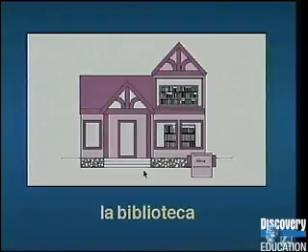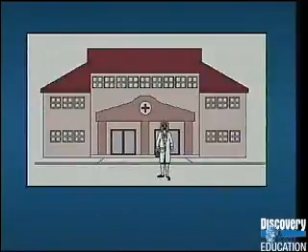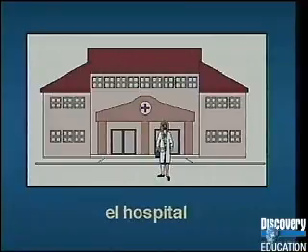Well, I tell you what, you've gotten quite a few of these down, and some of them are pretty easy to remember. Others are a little bit more difficult. So let's go ahead and look at what some of these are called. Do you remember this one? A woman in the smock. Got a red cross on the front of the building here. It's a cognate. By the time I count to 3, see if you can tell your teacher. 1, 2, 3. El hospital. Repitan todos. El hospital.